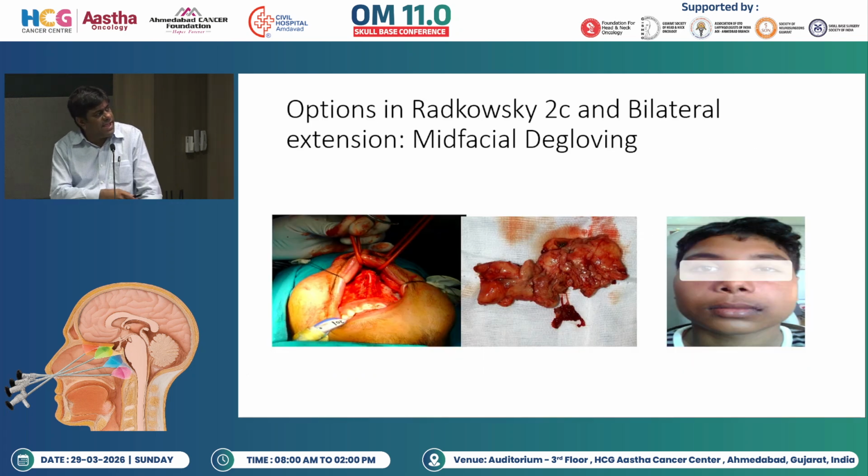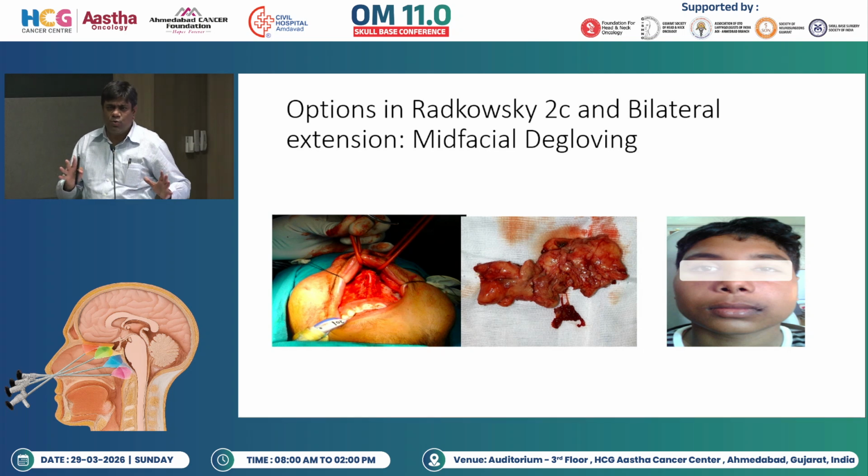If the tumor looks like this, that is, it has bilateral extension into the nasopharynx, but it's not going too much up into intracranial or too much of sphenoidal extension, what we have used for years is a midfacial degloving approach. This approach is a bilateral sublabial approach with septal elevation, which exposes your complete mid face. Very good approach for 2B, 2C